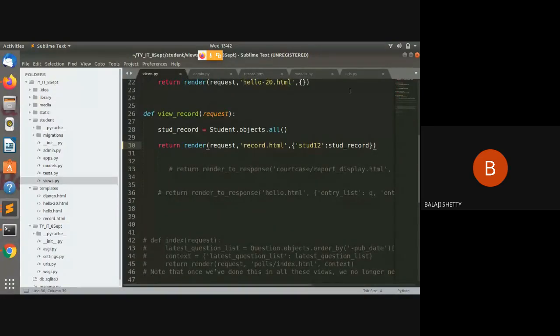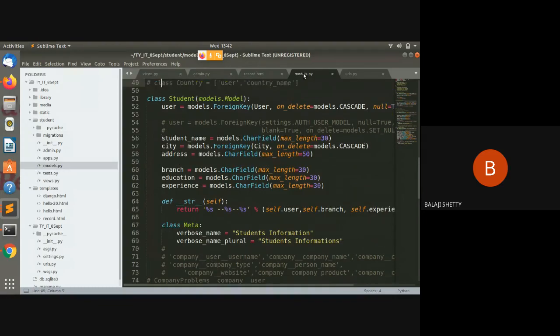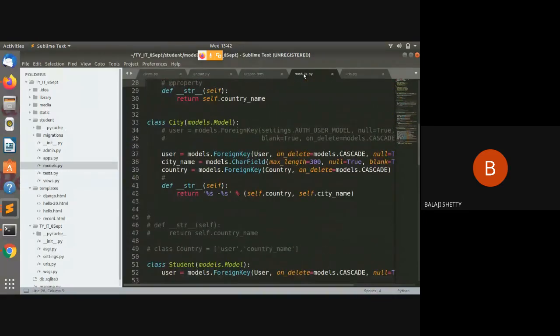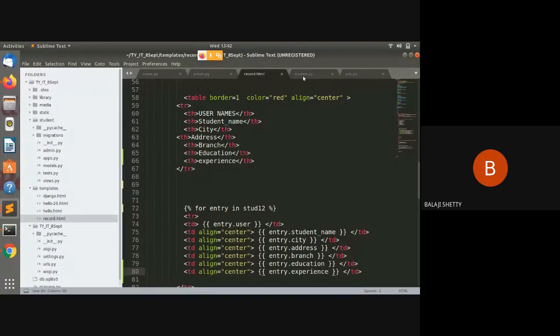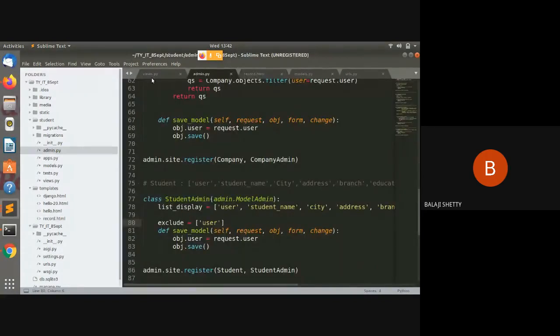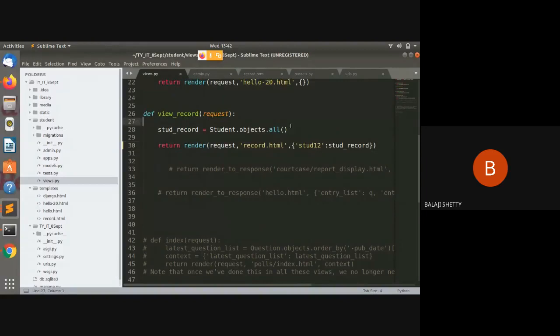Okay, I do one more thing now for understanding in a better way. I have one more model. Suppose I take city. Okay, I take the model named city. So let us show one more demo to you, a live demo. I hope it will work. Let us pray to God. It should work.